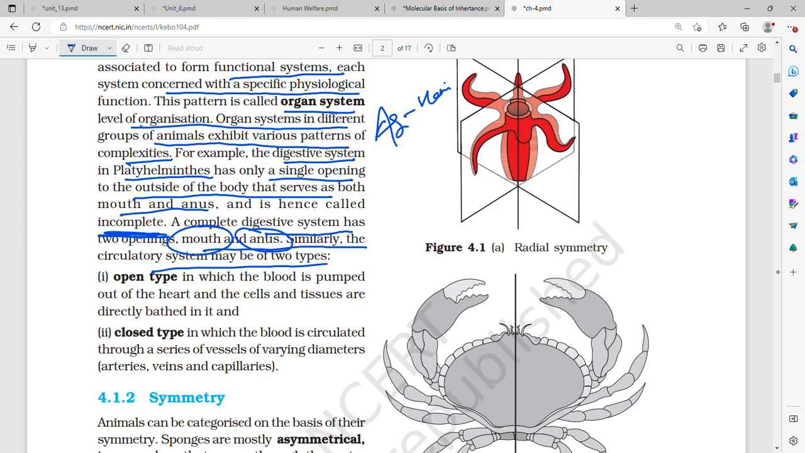Similarly, the circulatory system can be of two types, that is open type and closed type. Open type circulatory system, in which blood is pumped out of the heart and the cells and tissues are directly bathed in it. For example, in Arthropoda,